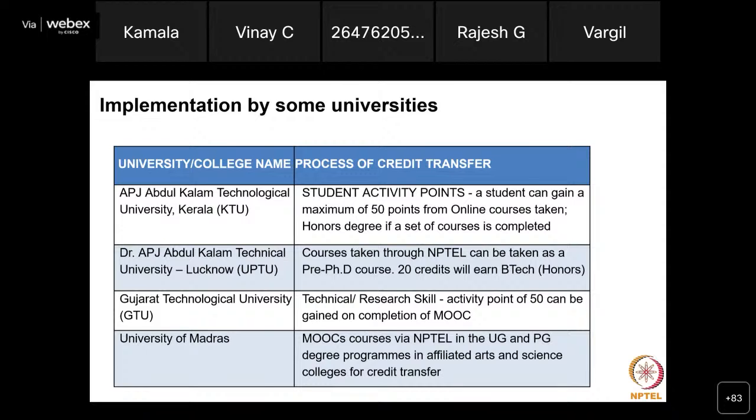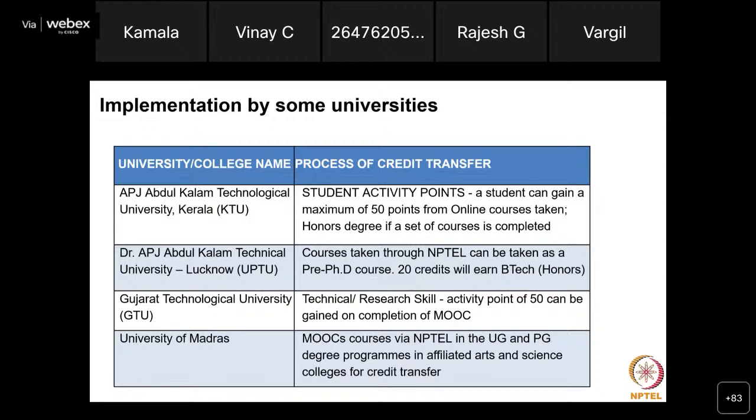Then if they participate in sports activities, they gather a few more points, and so on. So completing online courses is one of the ways by which they can complete their student activity points. Similarly, in AKTU, Uttar Pradesh, courses taken through NPTEL can be taken as pre-PhD courses. That is 20 credits, and they also earn 20 credits for BTech Honors through online courses. That is another way of implementing it.